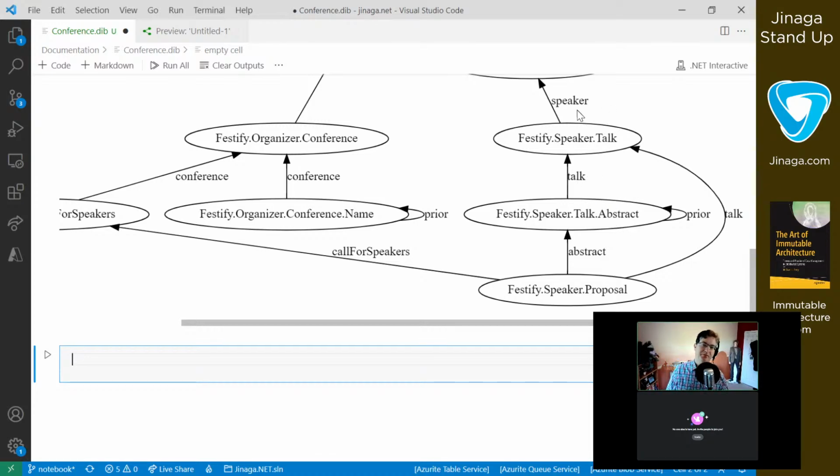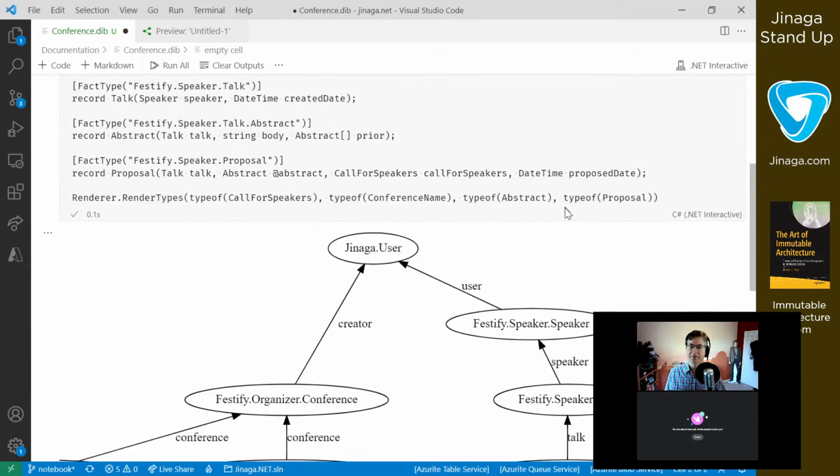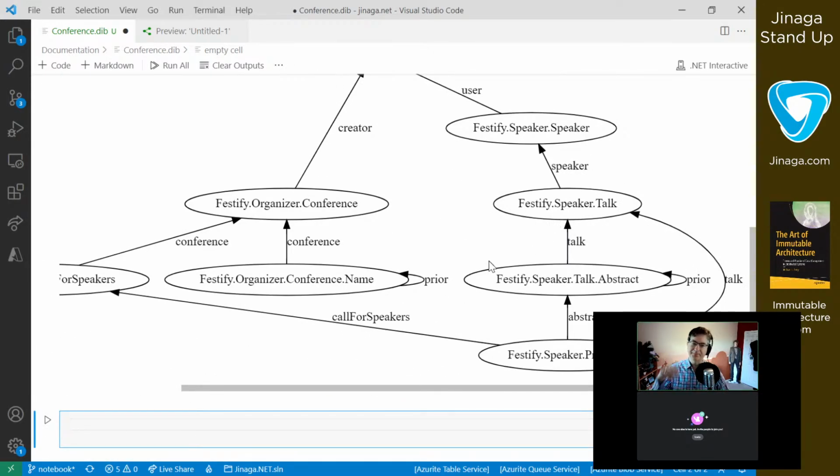It might be that when you see something like this, Festify Speaker Talk is a fact, so it can't also be a region, and that way you end up with just something called talk and something called talk.abstract, but it's in the region of Festify Speaker, and those regions can be nested, so the whole thing is in Festify, and then you've got Speaker and you've got Organizer. That might be helpful. Okay, we'll play with that. Anyway,